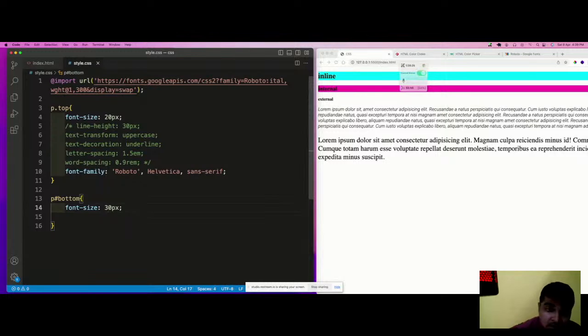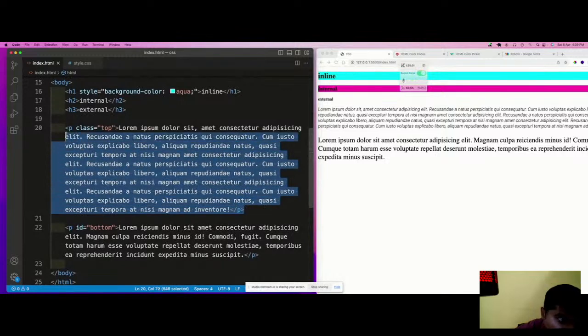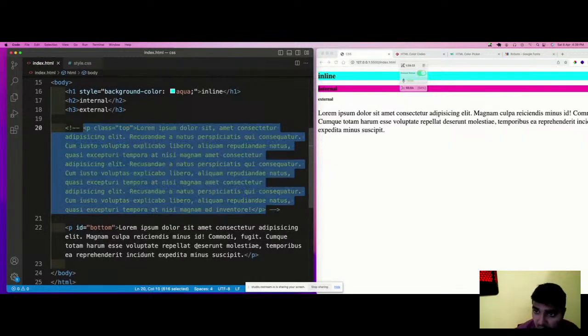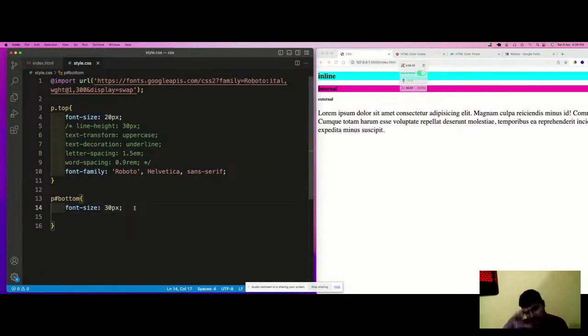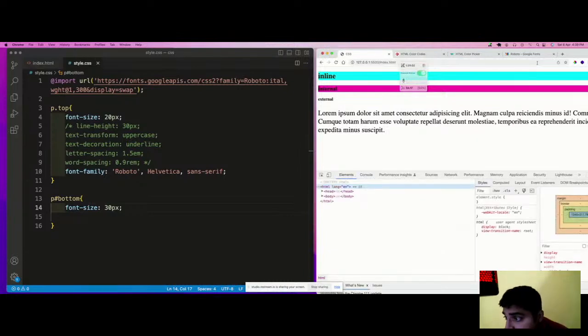After this, let us quickly see the next thing here, which is called the box model. What is a box model? A box model is a thing which comes inside a box. A box model consists of four things. The first one inside the box model is the content. After content, the next thing is padding. After padding, we have border, and after border, we have margin. So let us see with the help of inspect.